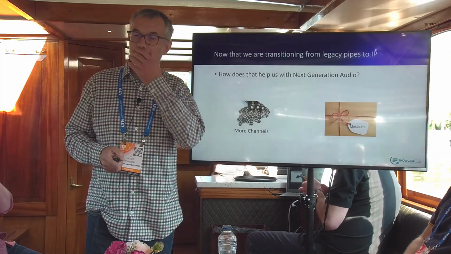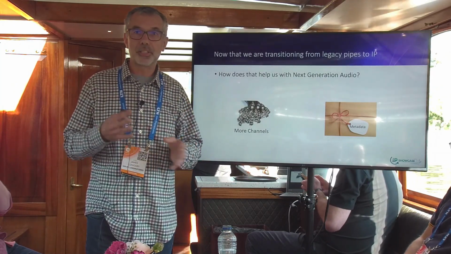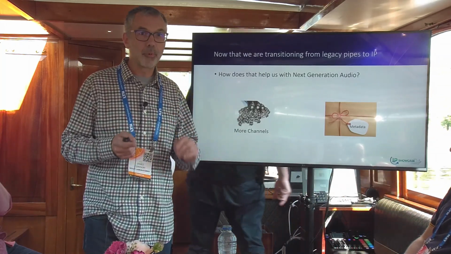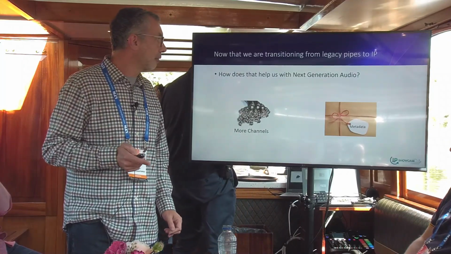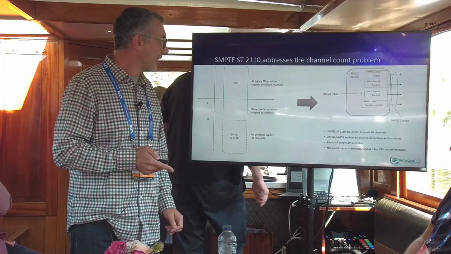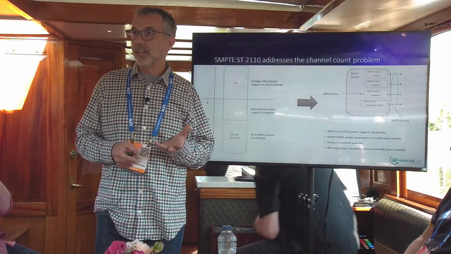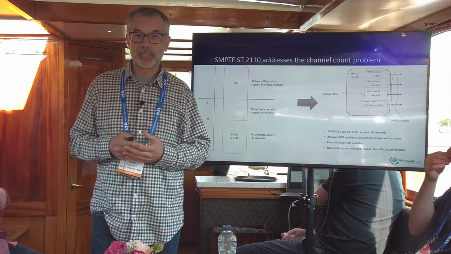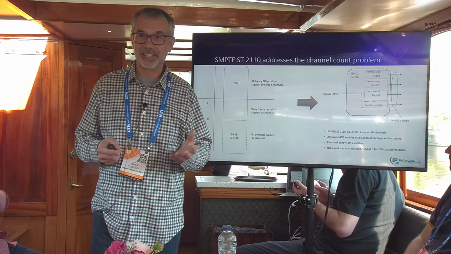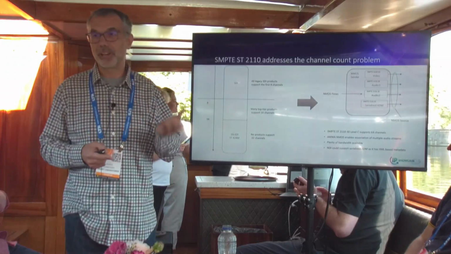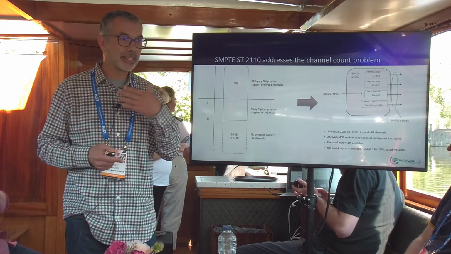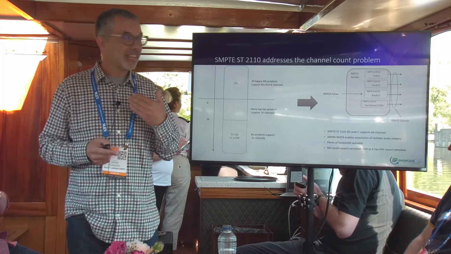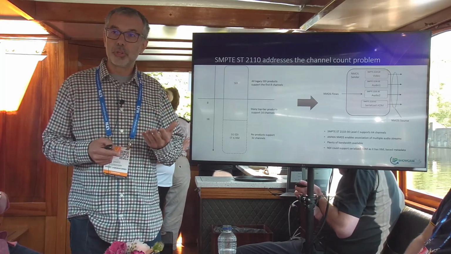So what does IP give us? Well, the two things you need for next generation audio: we need more channels, we can't do a whole lot with 16, and we need metadata. First of all, in terms of channels, when 3G SDI and the 32 channel edition was made, this was actually a big opportunity that would really be helping us out now, but the reality is the devices are not there. We're limited to 16. We assume that is always going to be the case. Really, with 16, there's only so much you can do.